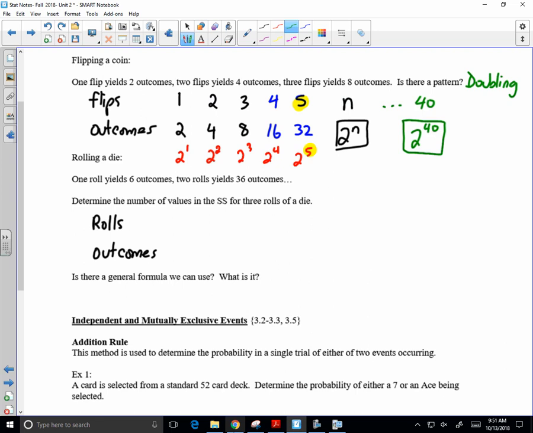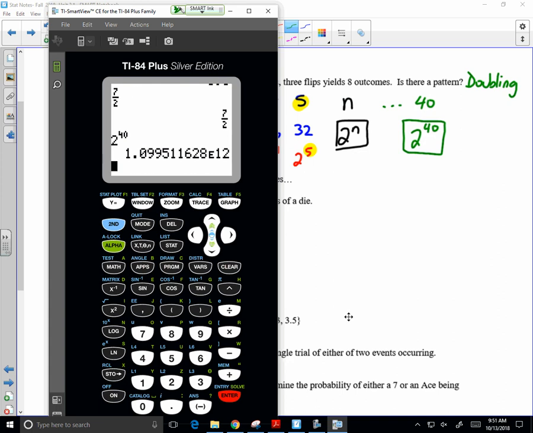2 raised to the 40th. Look at that monstrosity. I mean, this E12 means times 10 to the 12th power, which means move the decimal point to the right 12 units. 1, 2, 3, 4, 5, 6, 7, 8, 9. I'd have 3 more zeros after this number. But those 3 zeros would be rounded values,